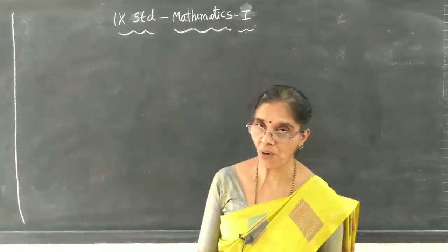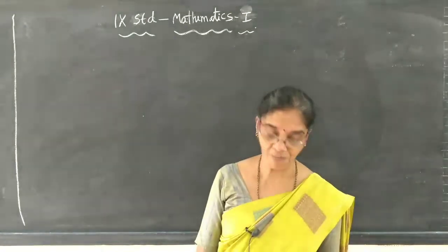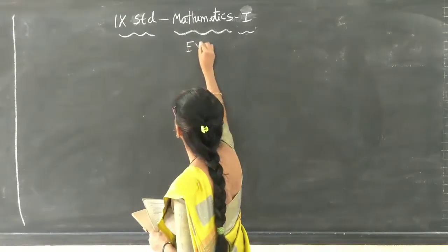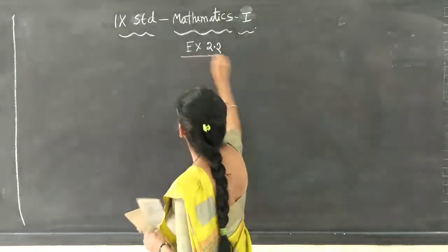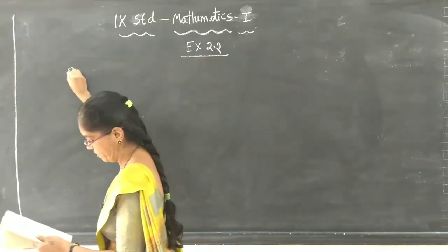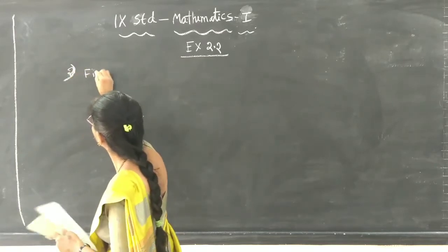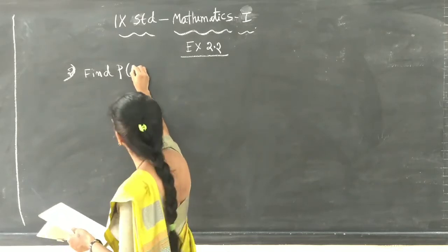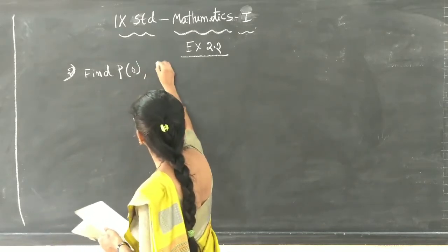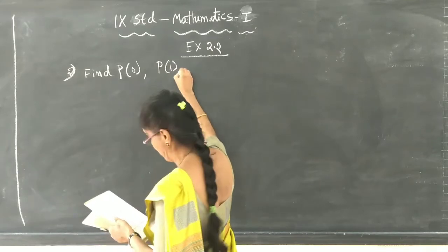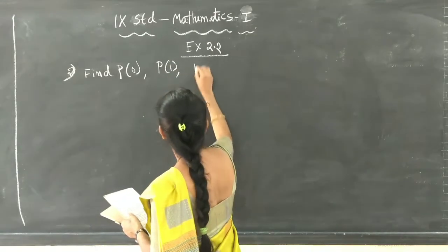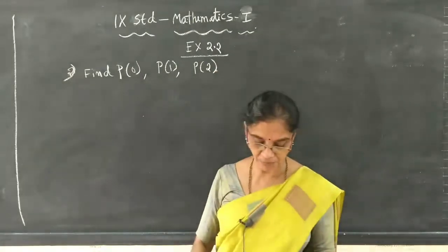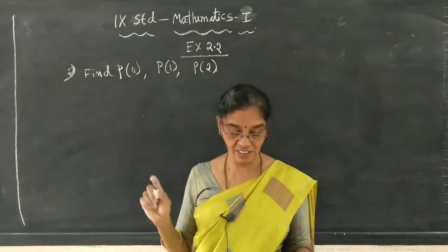What is the value of the polynomial we just learned yesterday, right? So in exercise 2.2, the second main problem, you have to find the polynomial p, its value you have to take at 0, and in the next one you have to take 1, p of x, and lastly you have to take x value 2. The variable values are 0, 1 and 2.